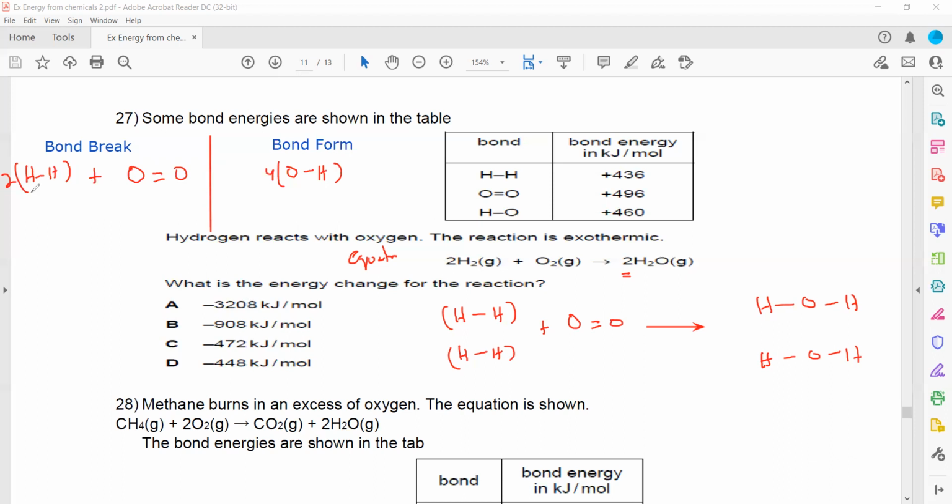When we substitute the value for hydrogen, it is 436, plus oxygen double bonded with oxygen, 496. And for the 4 OH bonds, 1, 2, 3, 4, each OH bond or HO bond is 460. So it will be 460. When we solve,